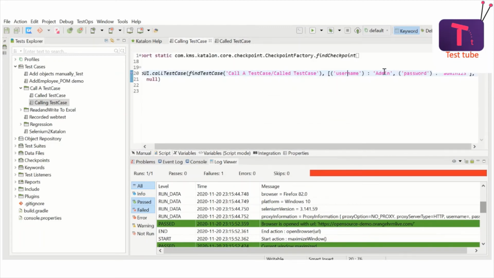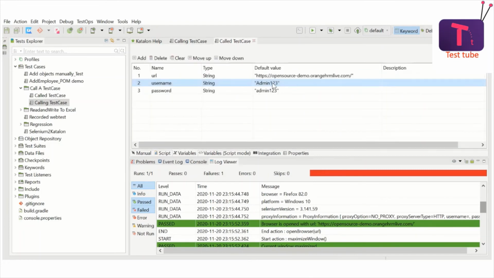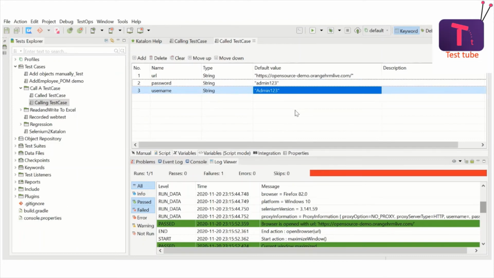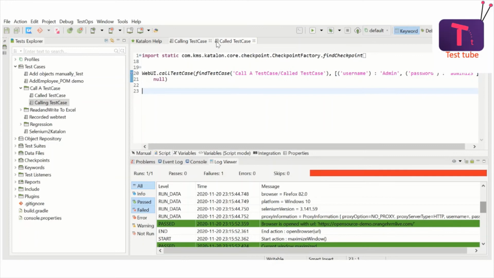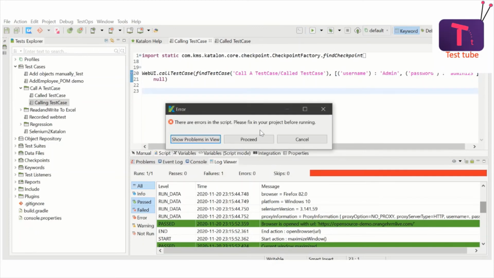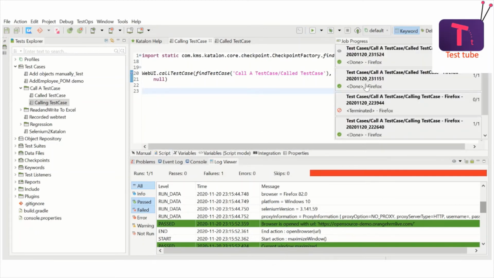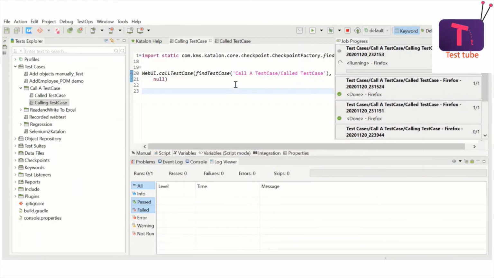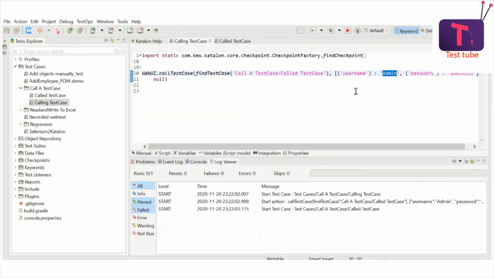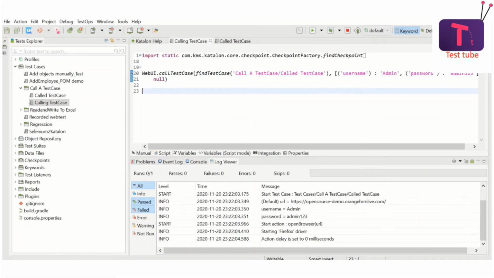So I'm passing the username as this one, password as this one. So these values will be overriding these two values. And since I'm not saying anything about URL, the URL variable will have the value as it was. Alright, so that's what is happening. So now I can just run this test case. Earlier the test case had failed. Now it should succeed because we are passing the arguments remotely from another test case, and those variables are the correct variables. Now let us see.